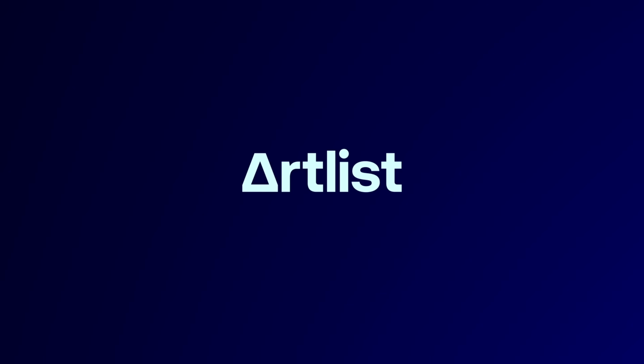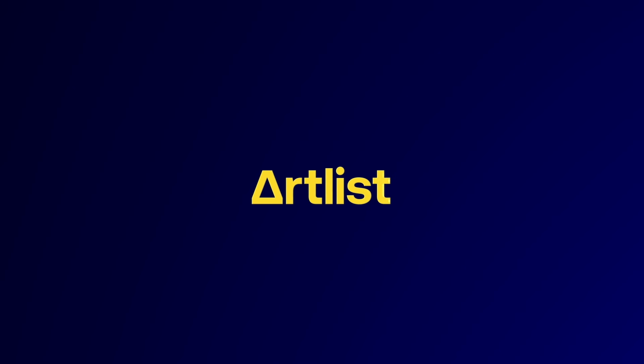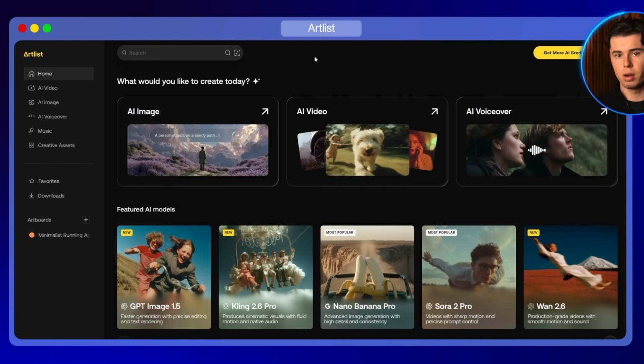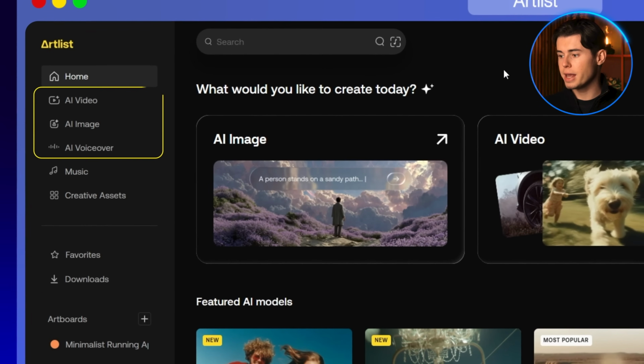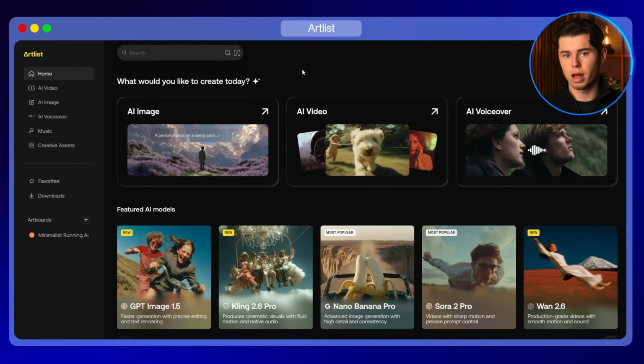A filmmaker's dream is what I would describe the next platform, Artlist. The reason being is because it's a platform that was initially made all around footage and sound effects and anything that is used as a supporting element in any video, film, or anything else. And only after that, they added their AI suite to the mix. This is important because it means the foundation of this platform was built for real video production workflows, not as